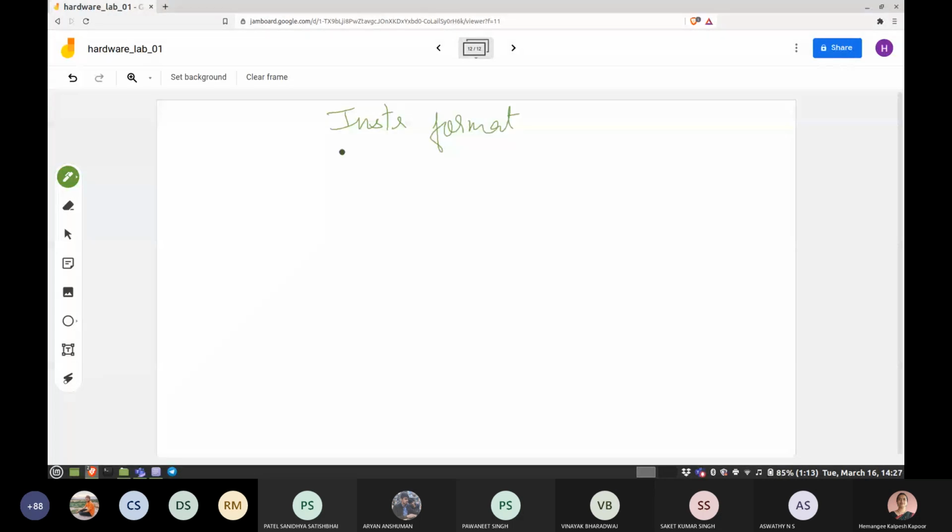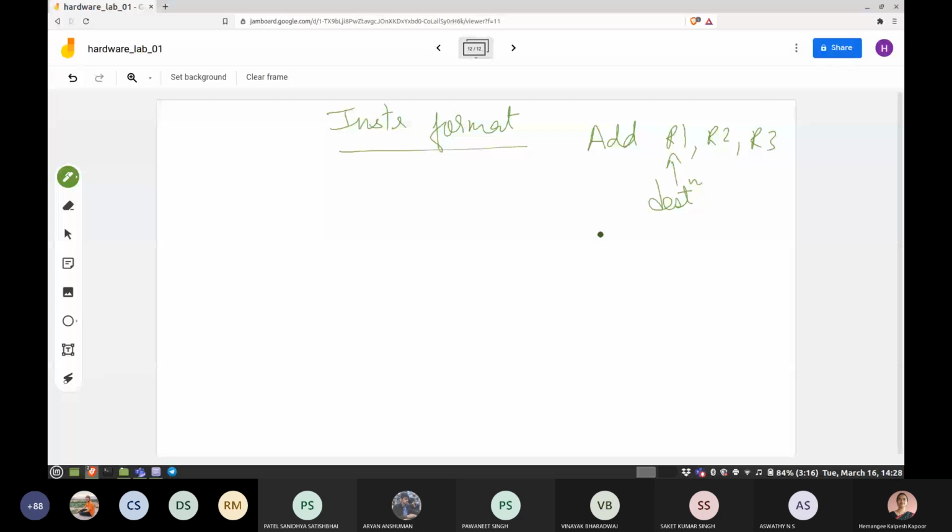Instruction format. You already know instructions are of this form, say add R1, R2, R3. If I write an instruction like this in assembly, we have to decide which is the destination. Sometimes the rightmost one is the destination, sometimes the leftmost one. So I'm assuming that the first one, leftmost one, is my destination, and the other two are the sources.